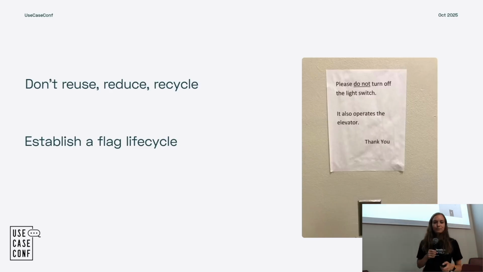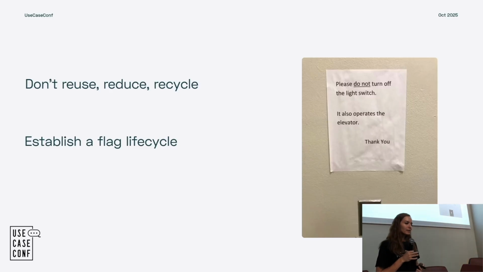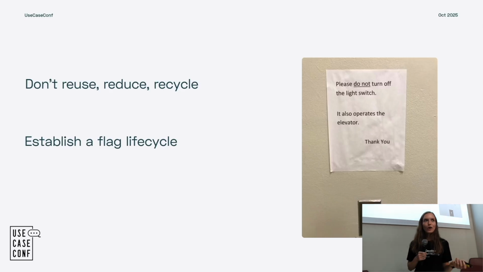A feature flag should have one purpose and one purpose only, and when that purpose is done, you clean it up, archive it, delete it from your code, and move on. Don't be tempted to switch it back on for a V2 of that feature or experiment. Just create a new flag.